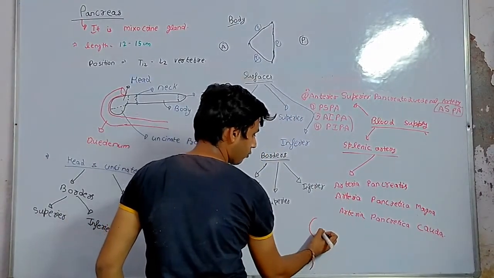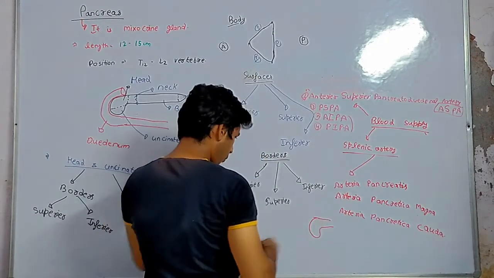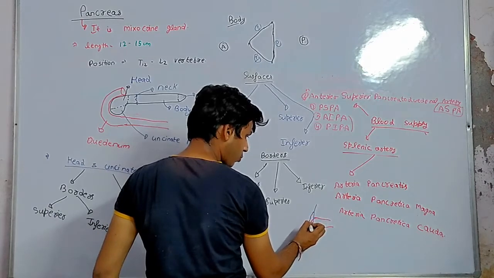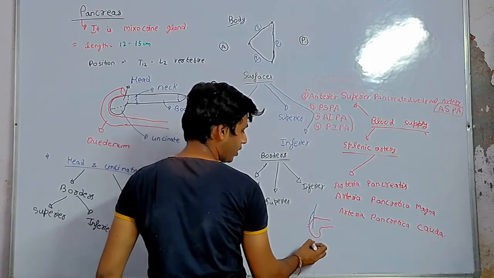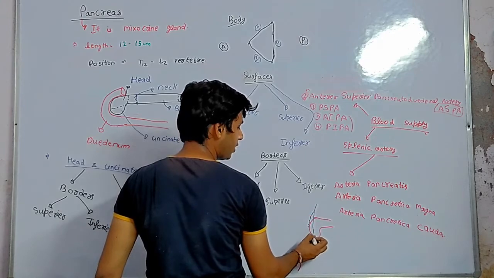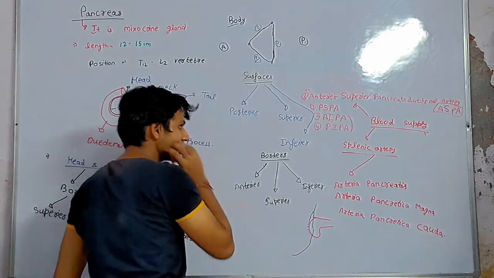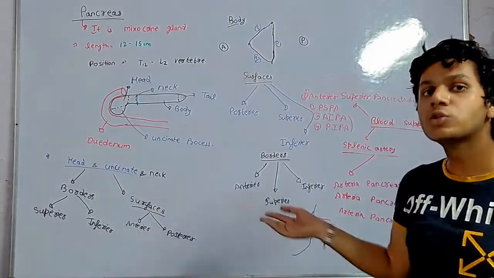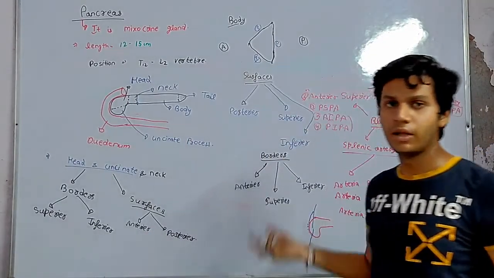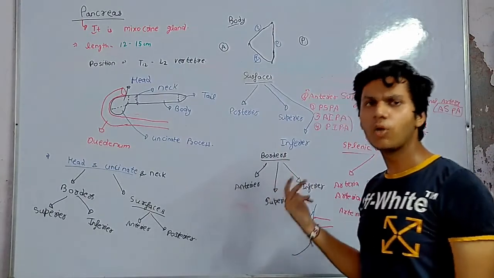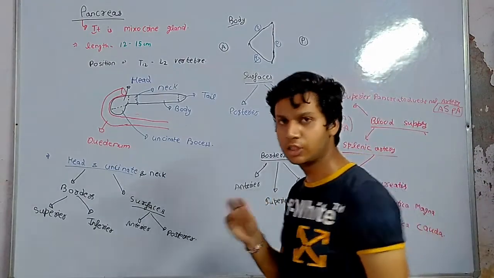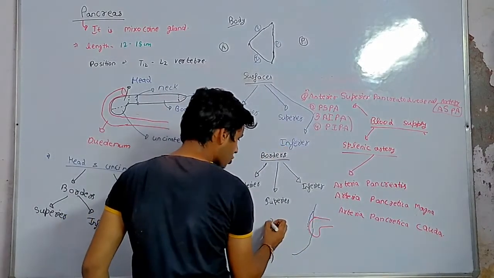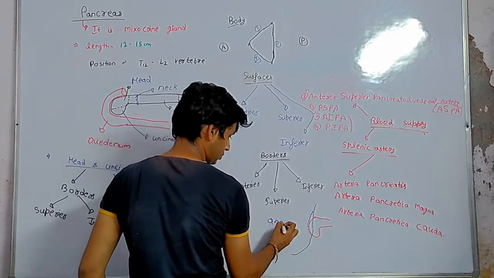Let's say this is the head of the pancreas. From above, the gastroduodenal artery gives an anterior and a posterior branch. These are the superior branches. Inferiorly, these are the inferior branches, anterior and posterior, which is a branch of which part? Superior mesenteric artery. The first branch of the superior mesenteric artery is like this. Then middle colic, right colic, ileocolic, and so on, jejunal and ileal branches, all. These form the anastomosis around the head of the pancreas.